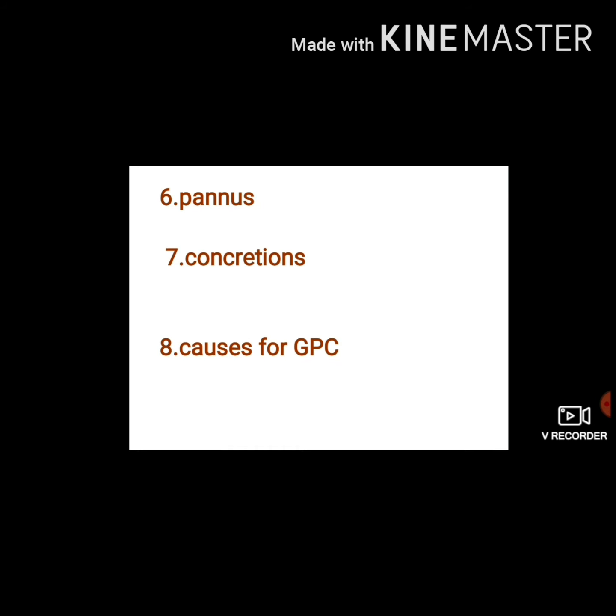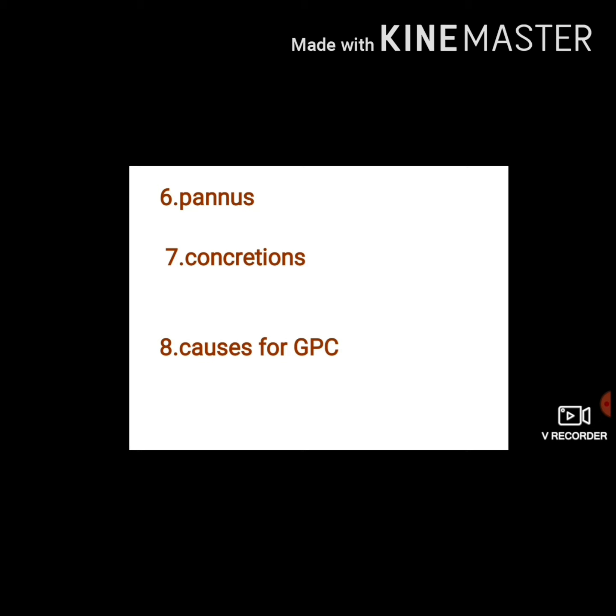The 6th question is pannus. This is a most commonly asked question. Pannus is nothing but corneal infiltration along with vascularization. So there are two components, infiltration and vascularization. It is divided into progressive and regressive. Remember, that depends upon the infiltration. It is called progressive if the infiltration is ahead of the vascularization. It is called regressive if vascularization is ahead of infiltration. And it is most commonly seen in trachoma.